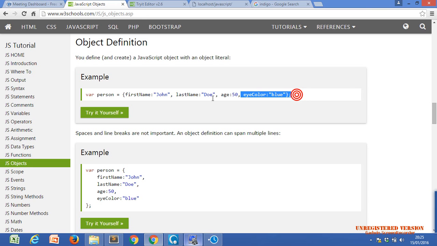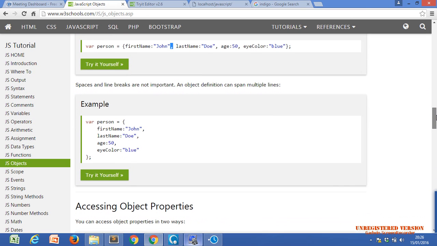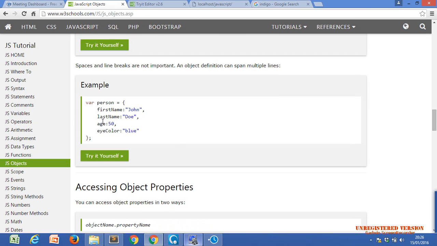This is the way of defining, as we already discussed: take one variable, key and value combinations within curly brackets, with a colon symbol just after the key, and all values comma separated. Line breaks are not important, this is just for proper display with the next line and so on. This is the same as above, no difference.